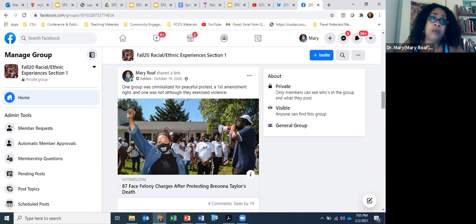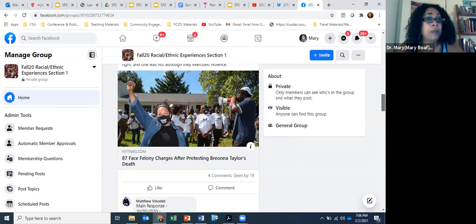And there are all kinds of social movements. The social movements run the spectrum, from conservative to right, like what happened on January 6th. That's a huge social movement that's happening. So we have these highly polarized social movements that are happening. It's not social justice. We'll unpack that more. So this is ethnic studies. This is about looking at social justice movements. And so those are the kind of posts that I post.